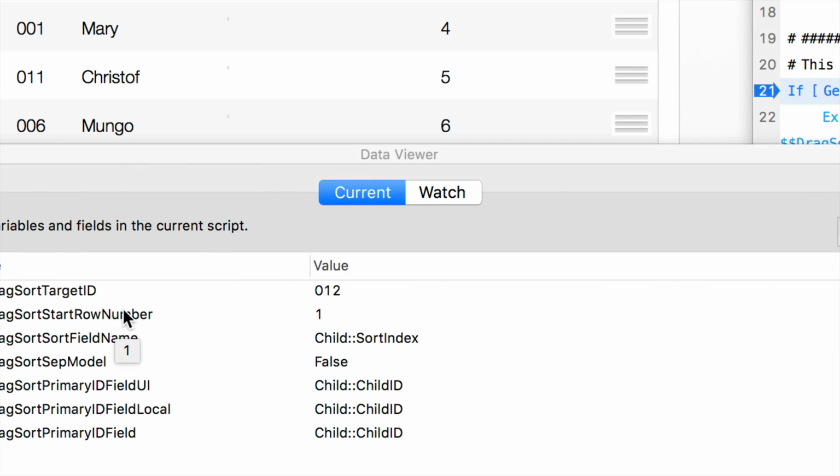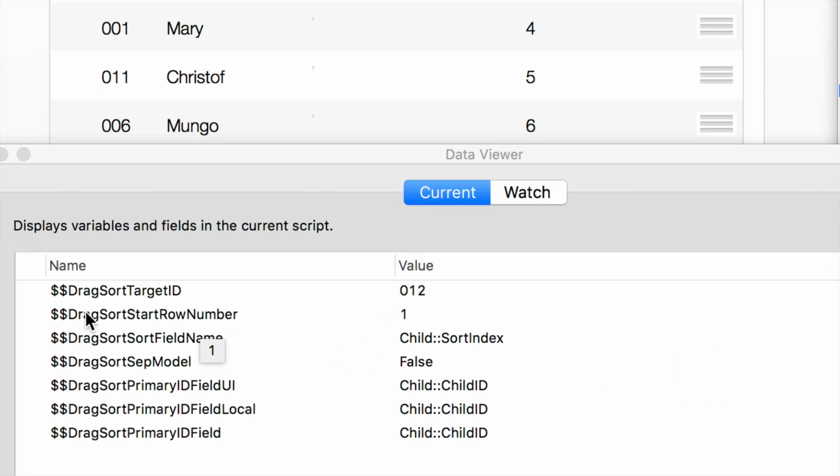In fact, down here we can see, let me zoom in so we can see it, we've got the drag sort target ID. That's the ID of the person that was initially selected. The portal row number. I dragged the row number 1. Also here again are the field names. The field name of the sort field name that's going to be used. And then he's also got this value of the separation model that was set in that auto enter calculation on